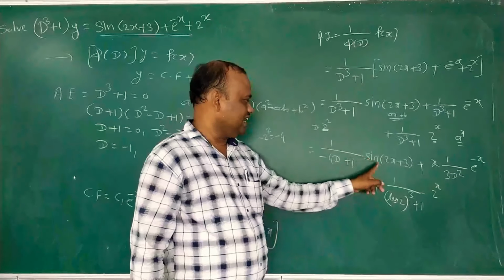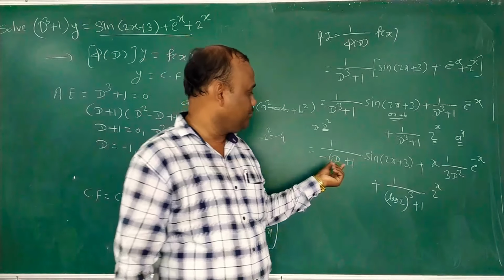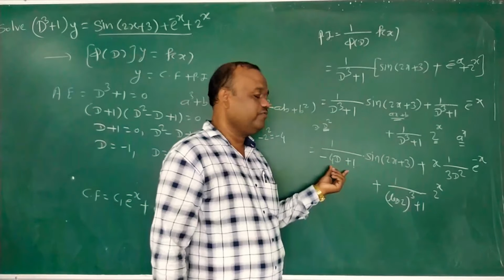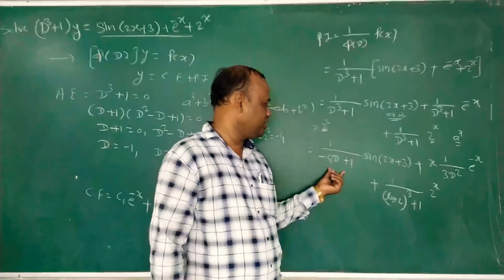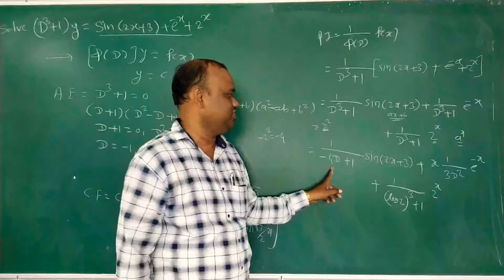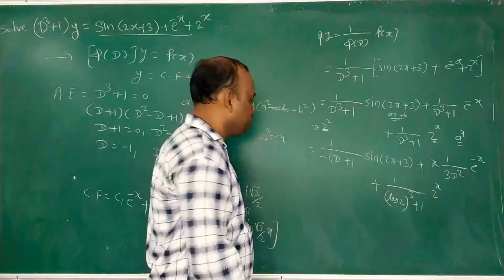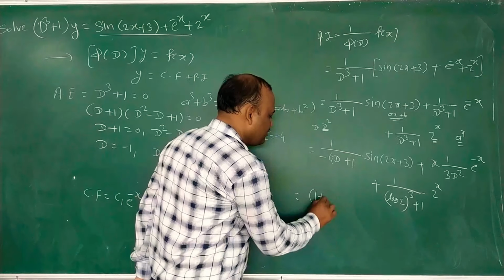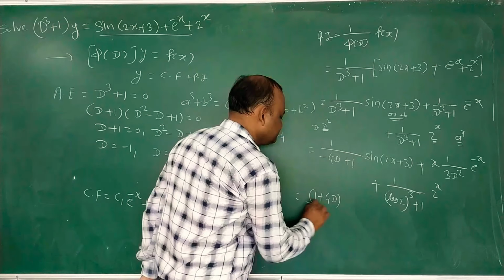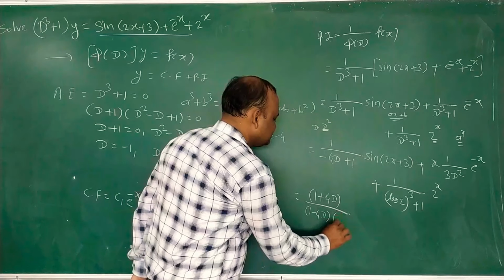So we want the sine function and we want D square in the denominator again. So how do we form D square in the denominator? If such types of factors are given, 1 minus 4D or D plus 1, D minus 1, then always take rationalization of the denominator. So what is the rationalizing factor of 1 minus 4D? That is 1 plus 4D. So multiply and divide by 1 plus 4D here, because we want D square. So this 1 minus 4D, write as it is.